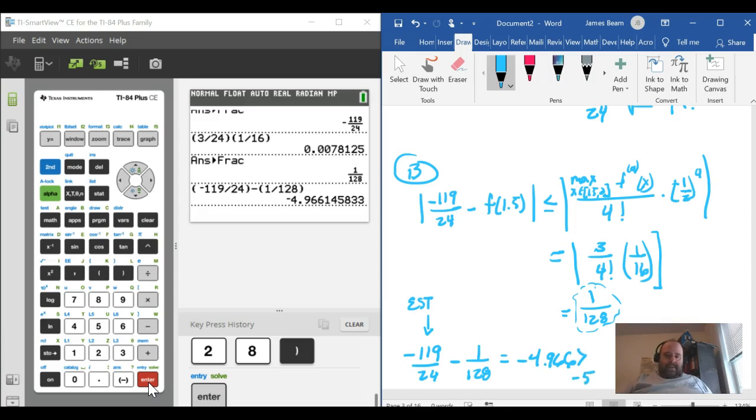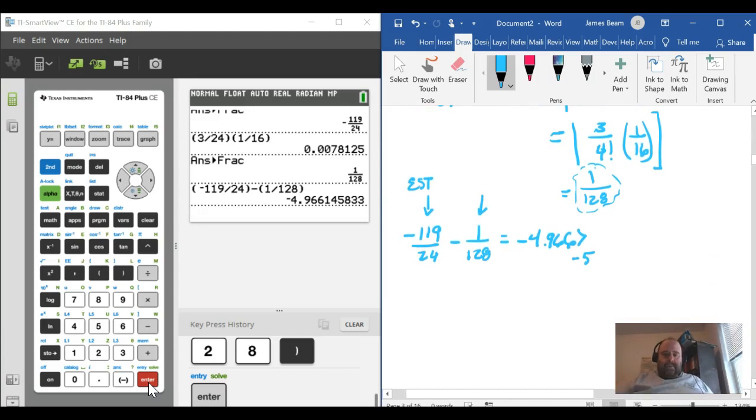So if I start at my estimate and I take my largest possible error and go down, I cannot hit negative 5. So negative 5 is out of reach